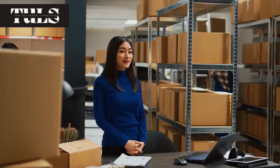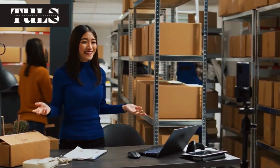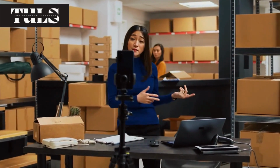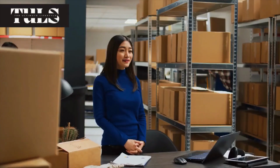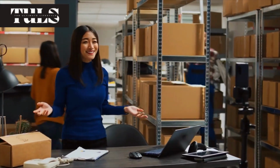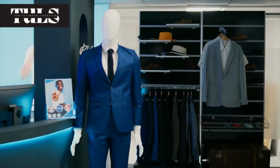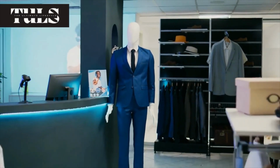Marketing magic. You've got your boutique up and running, but how do you attract customers? By implementing effective marketing strategies, of course. From social media campaigns to influencer collaborations and eye-catching window displays, we'll show you how to create buzz and drive traffic to your boutique. In today's digital age, having a strong online presence is essential for any business, and fashion